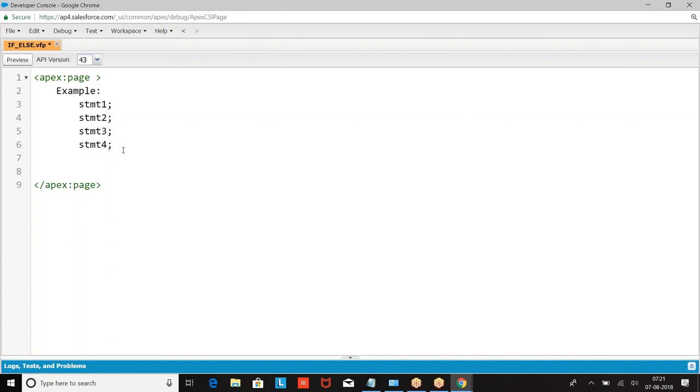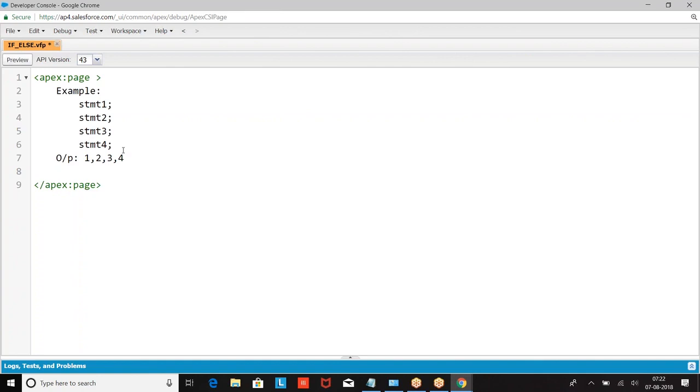It may be a condition, it may be a printing, it may be X, Y, Z. Your output is going to be 1 executed, followed by 2, followed by 3, followed by 4, because the execution of the program goes with the top to bottom approach. This is the order of executing the program.